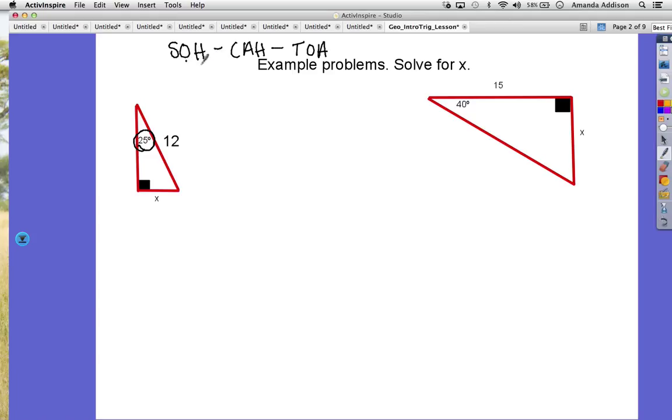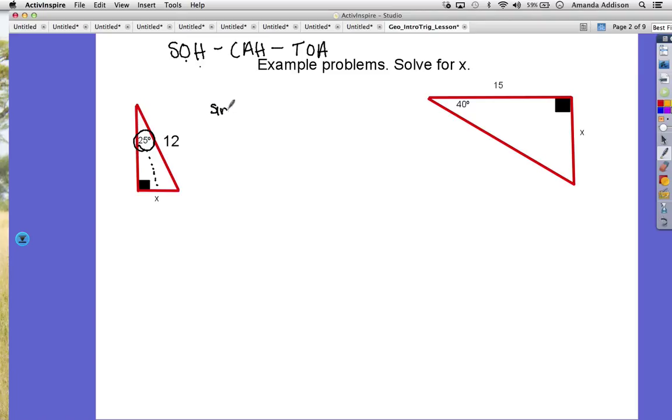Sine is the opposite over hypotenuse. Cosine is the adjacent over hypotenuse, and tangent is the opposite over adjacent. When I look, I have the hypotenuse, so I'm probably going to use sine or cosine. Looking at the 25 degrees, I recognize that the sine ratio would make the most